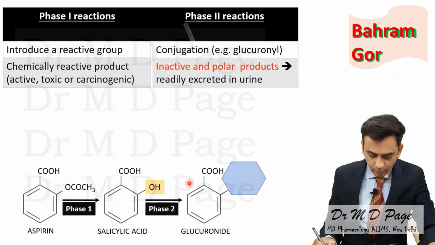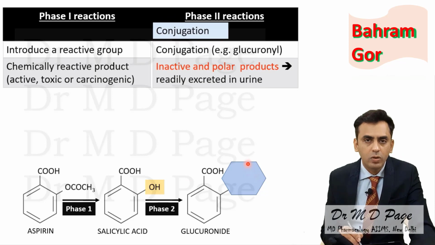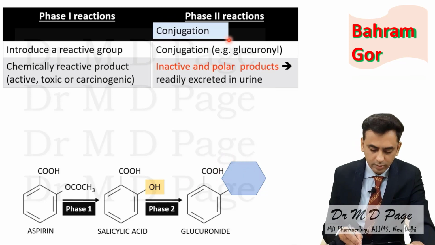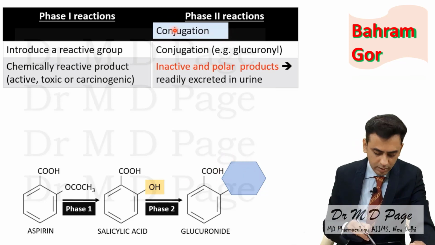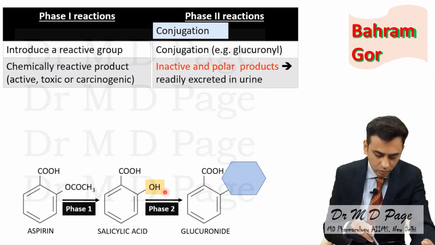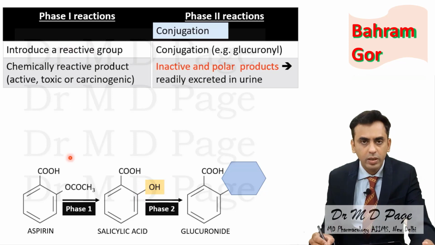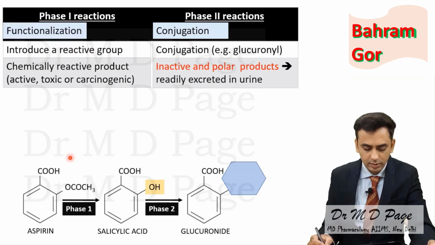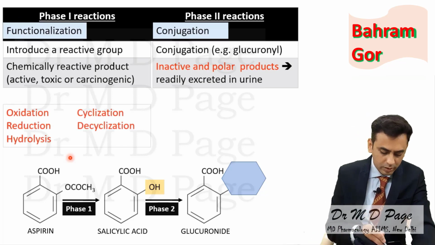Now, in phase 2 we conjugated a product, hence phase 2 reactions are also known as conjugation reactions. In phase 1, we added a reactive group or a functional group, hence phase 1 reactions are known as functionalization reactions. In phase 1 we discussed hydrolysis; other examples are oxidation,